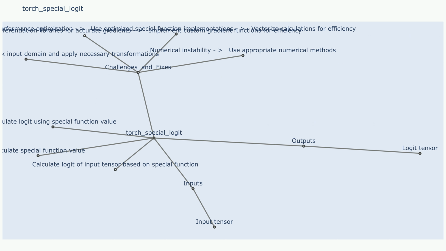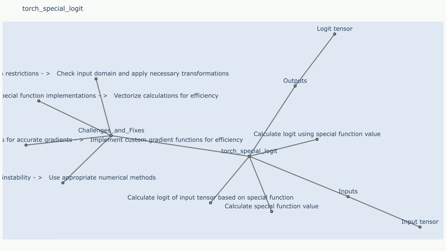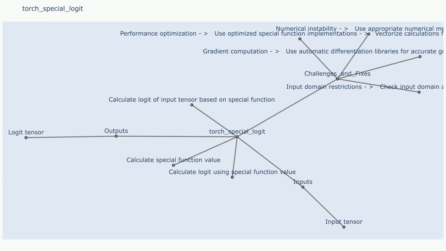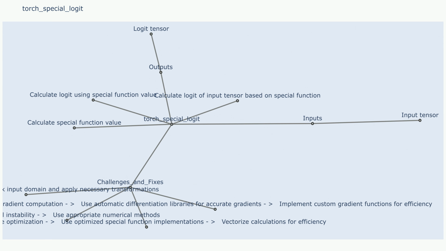Challenge 2: the input tensor may contain values that are very close to 0 or 1. Sample use case that resulted in challenge 2: if the input tensor contains values very close to 0 or 1, the logit function may return very large or very small values, which can lead to numerical instability. Fixes to challenge 2: use a small value, e.g. 1e-6, to prevent division by 0 when